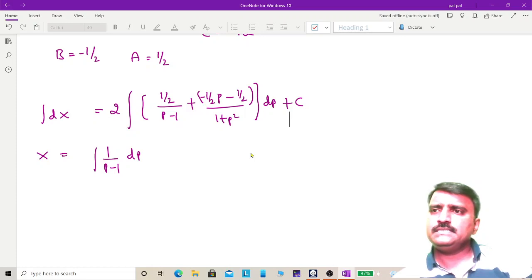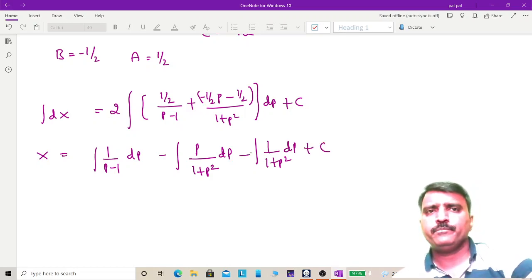And if you multiply this with 2, then it is minus integration of p by 1 plus p square into dp. Again you multiply this with 2, minus integration of 1 by 1 plus p square into dp plus a